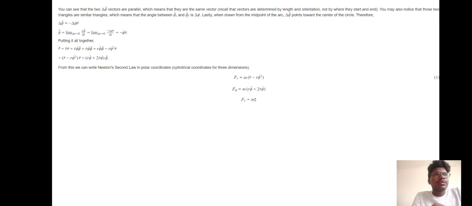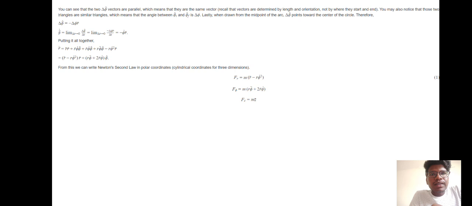You may also notice that those two triangles are similar isosceles triangles, which means that the vector drawn from the midpoint of the arc points towards the center of the circle. Therefore,